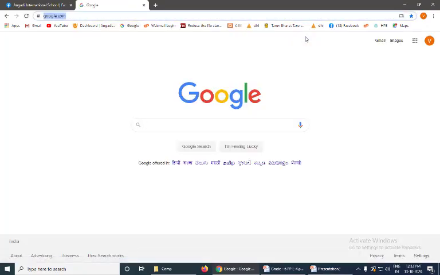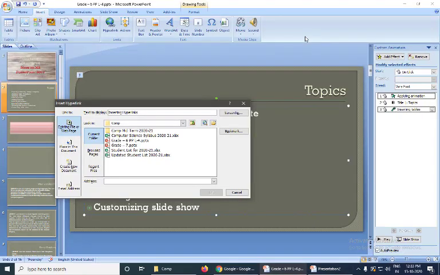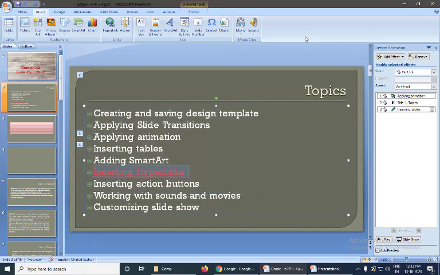I'll take Control C, and here I'll put the address. Paste www.google.com. Okay. Then existing file or web page, display text inserting hyperlinks. I click OK. See, now this is hyperlinked.